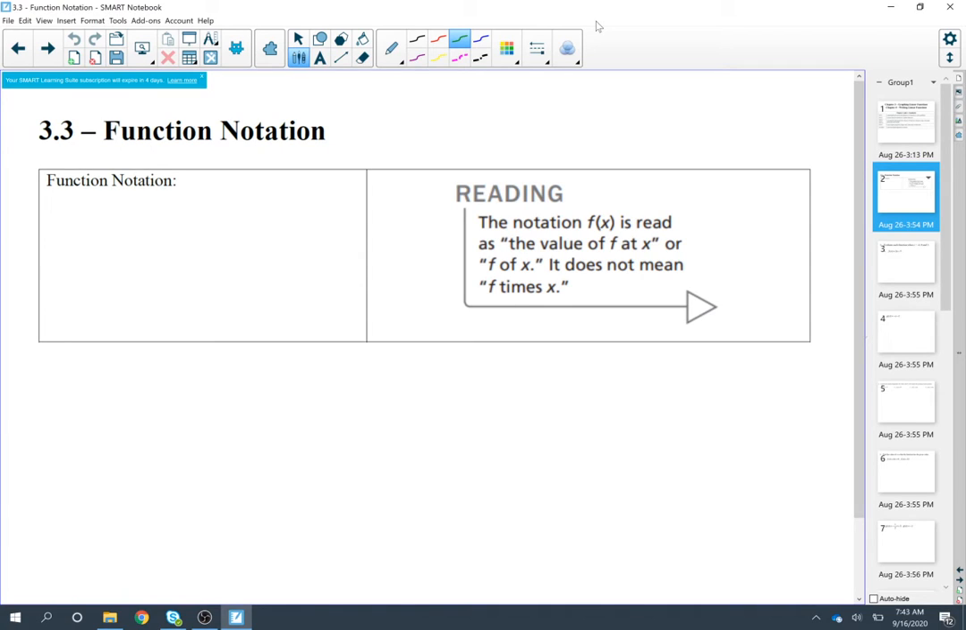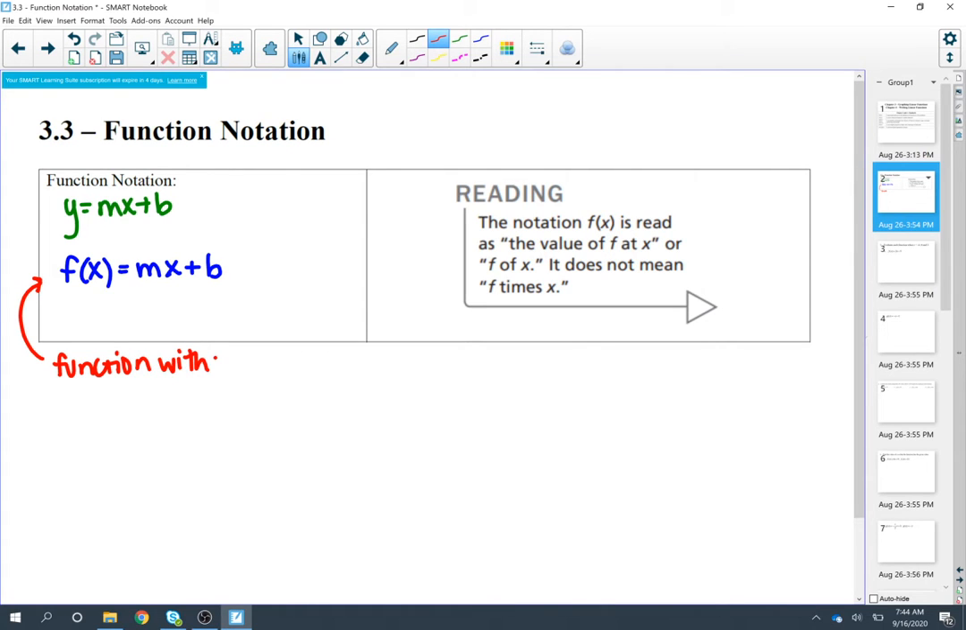3.3, function notation. So, function notation, we're first going to start with what we know, and we know the equation of a line is y equals mx plus b. Now, function notation is very similar, except instead of a y, we're going to use f of x equals mx plus b. Now, what does f of x mean is that we have a function